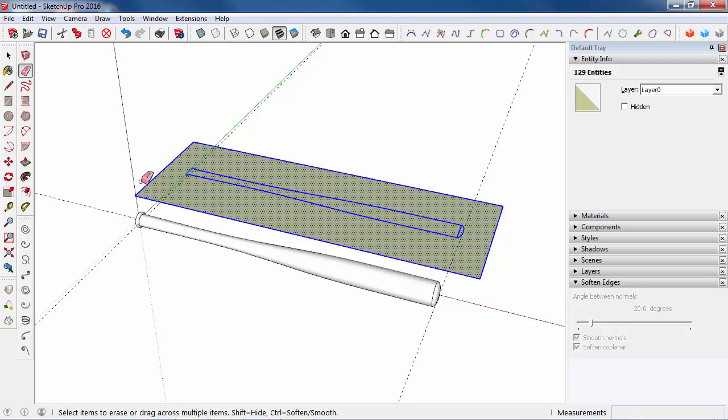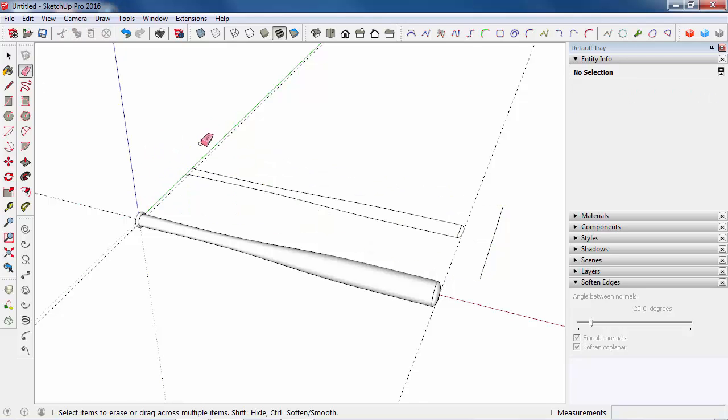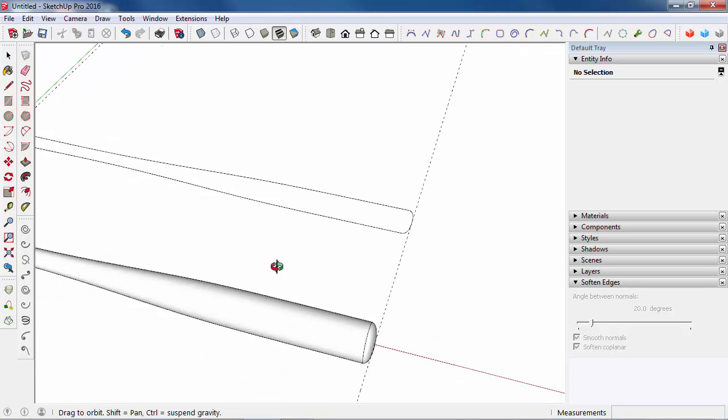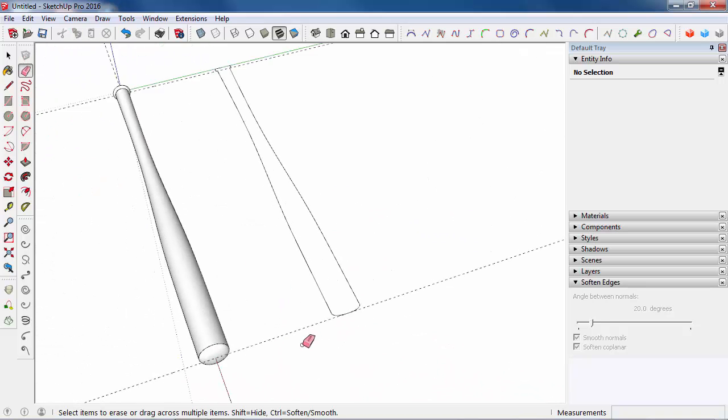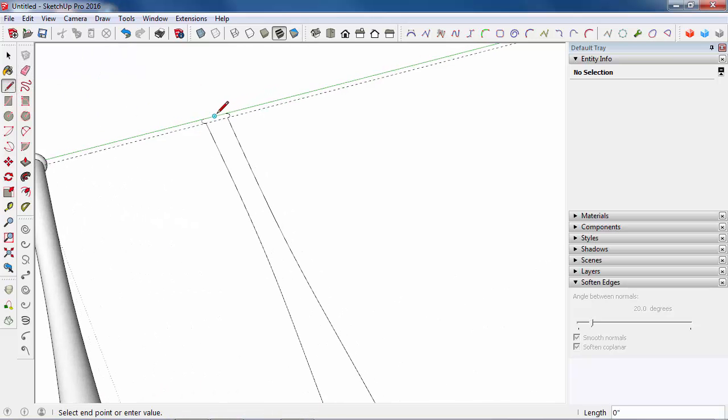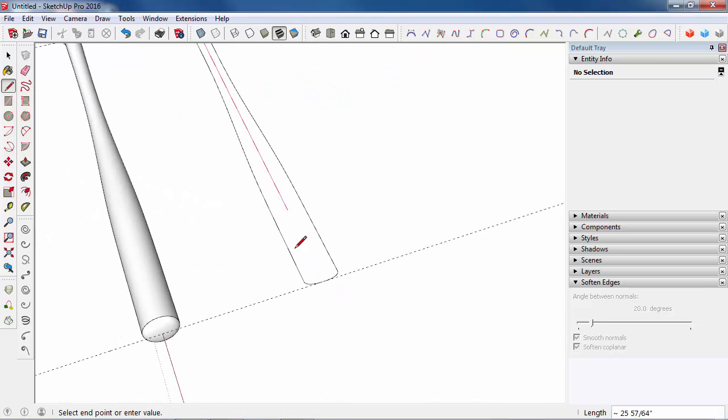And there's the pattern, and we could divide that in half if we were so inclined,